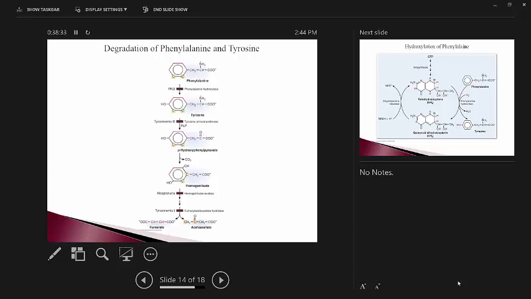So those are some of the ones that we see with the deficiency diseases. PKU is a problem. Certainly homogentisic aciduria is not as much of a problem. And the tyrosinemia is a real one, a big problem on that basis. All right. I think we're almost downhill, and we should finish in a little time. Well, we have one more that we really have to see.